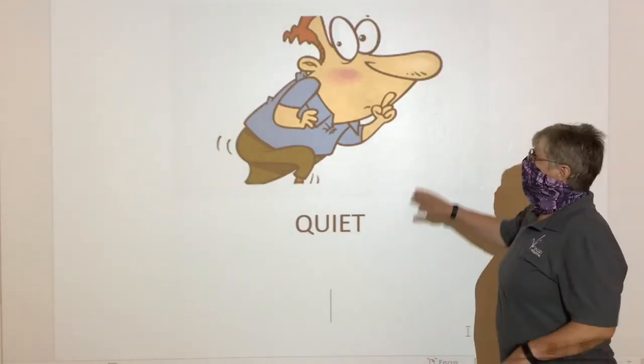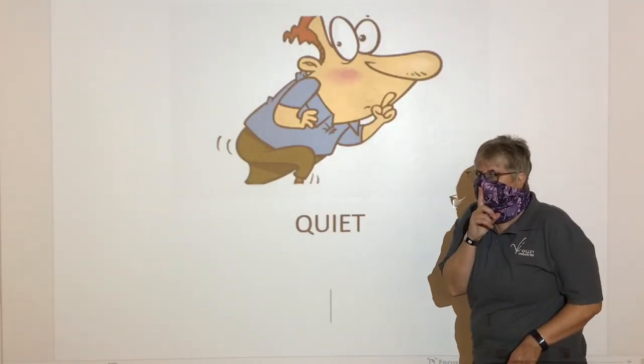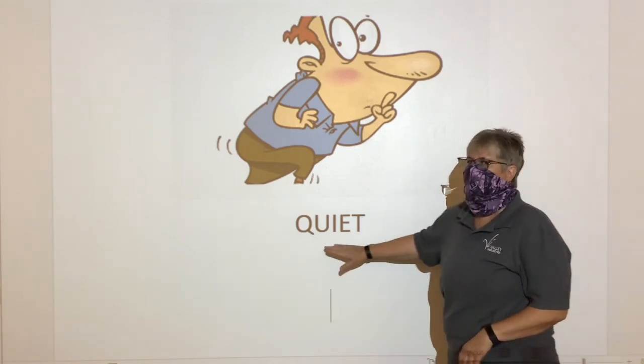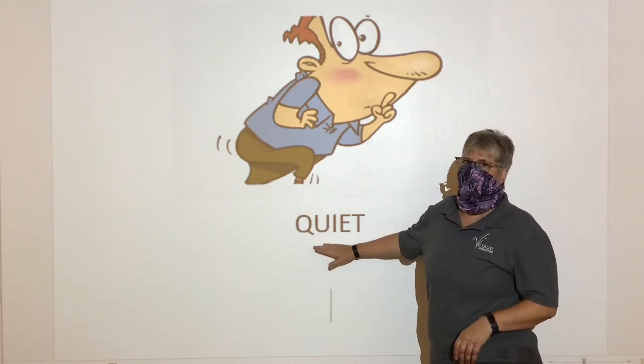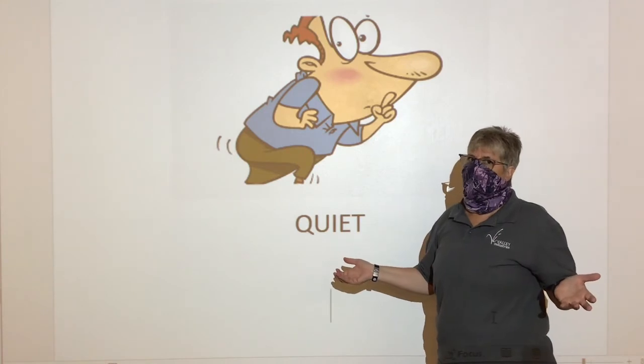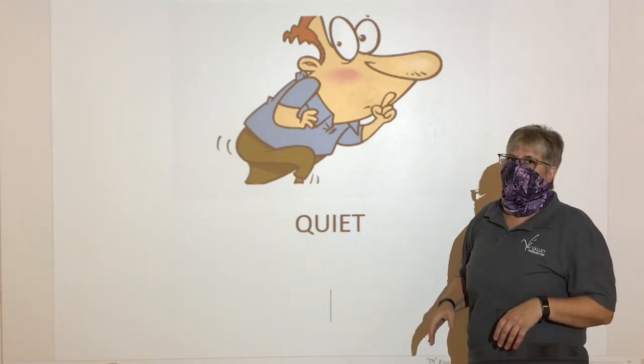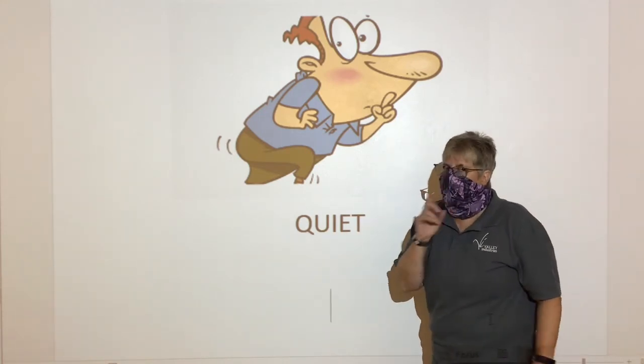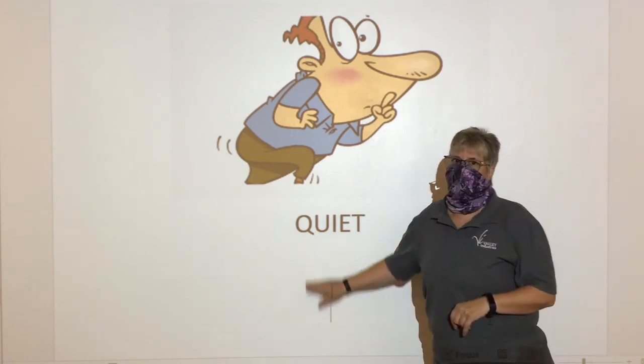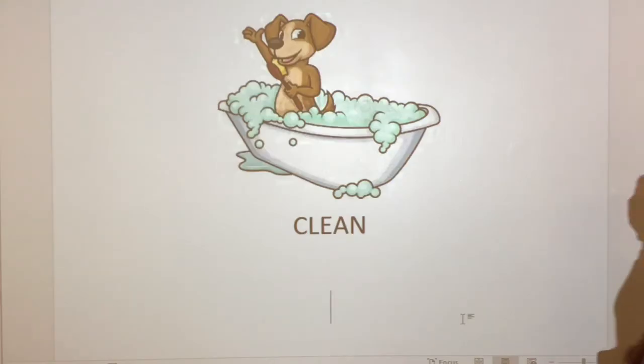number 12. You can see this gentleman, he's got his hand over his lips and he's tiptoeing. He's being really quiet. If you're not quiet, you tend to be what? You're not quiet. Some people might ask you to be quiet because you're being what? Okay? The opposite of quiet. All right,